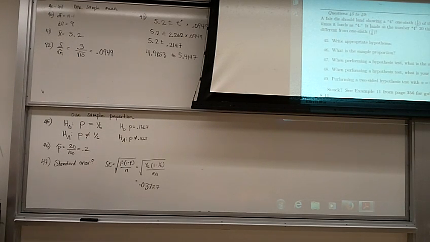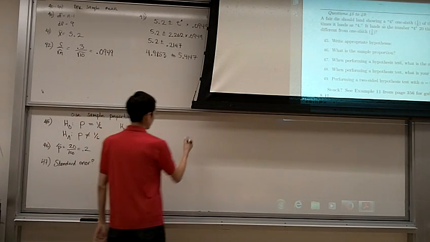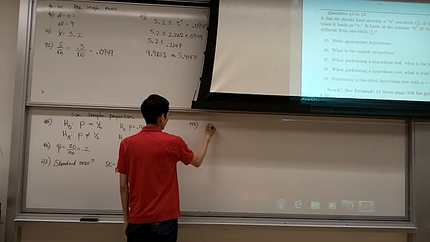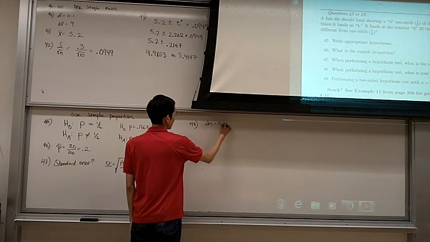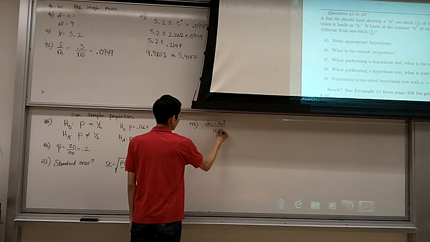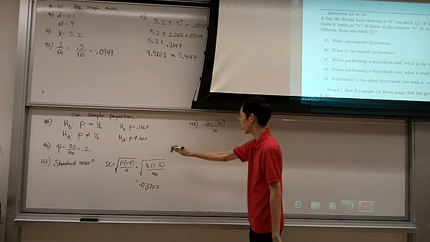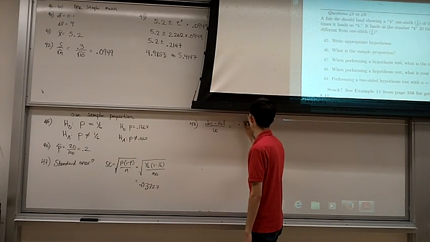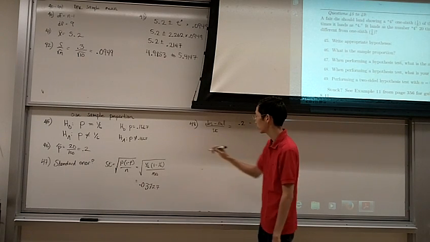So what is the test statistic? It's number 48. Okay, if we do observed minus the null over the standard error, the observed proportion that we got is our p hat, 0.2, minus the value in the null, which is